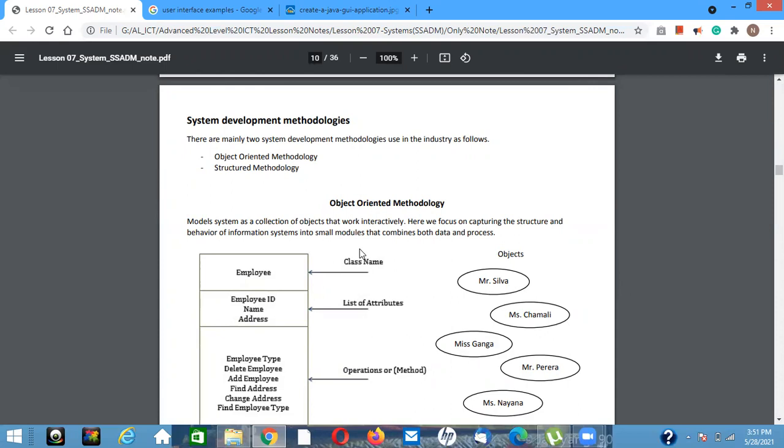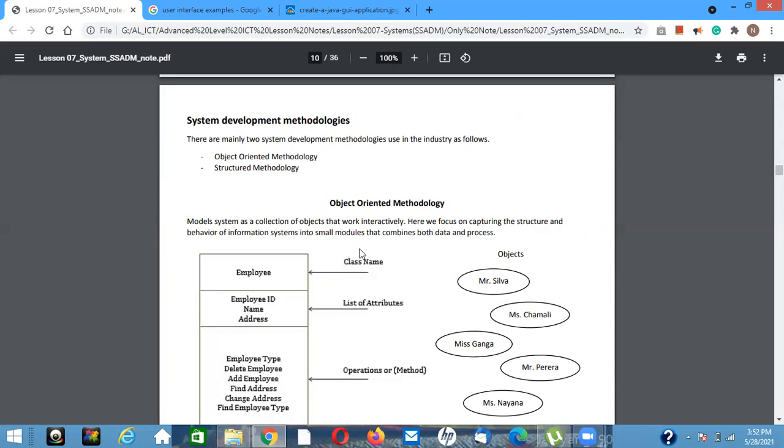For example, if we are designing software for a school, the participants in the school are considered as objects: the principal, vice principal, assistant principal, teacher, student, non-academic staff member, likewise a class, syllabus, timetable, a laboratory, anything. The living and non-living things can all be considered as objects.